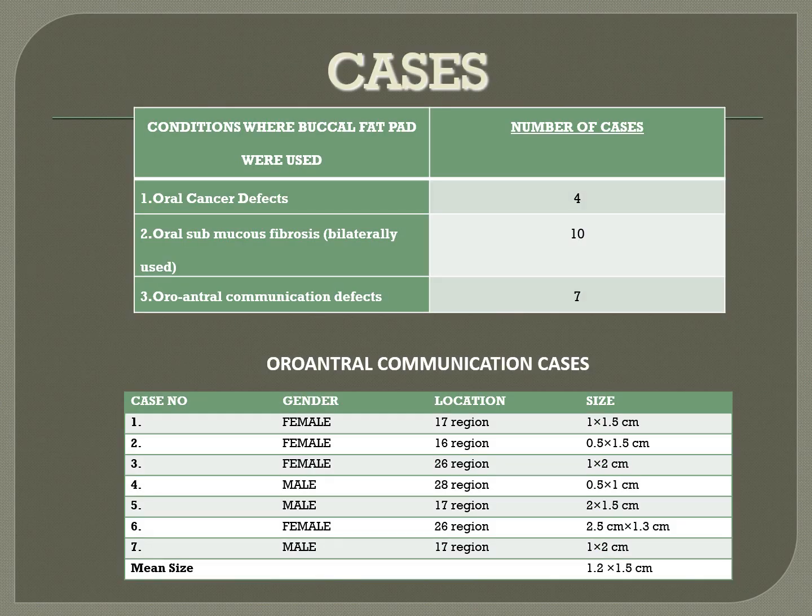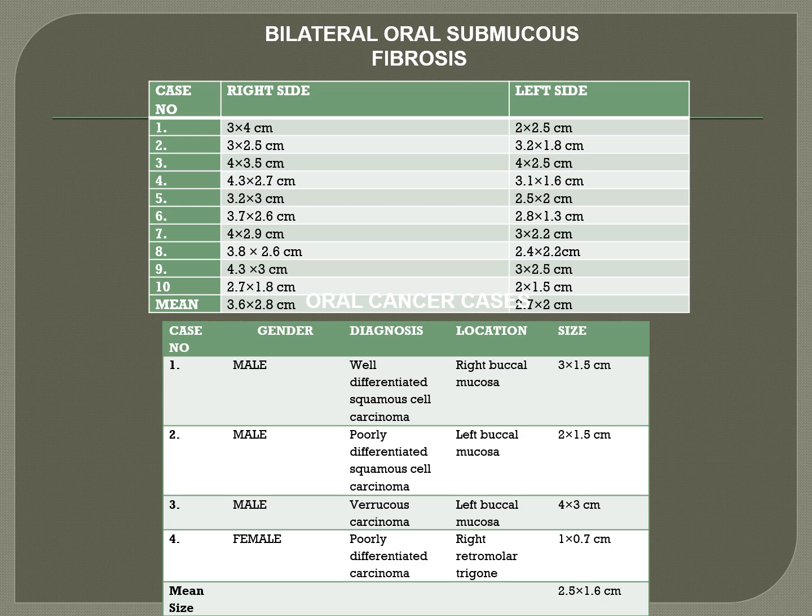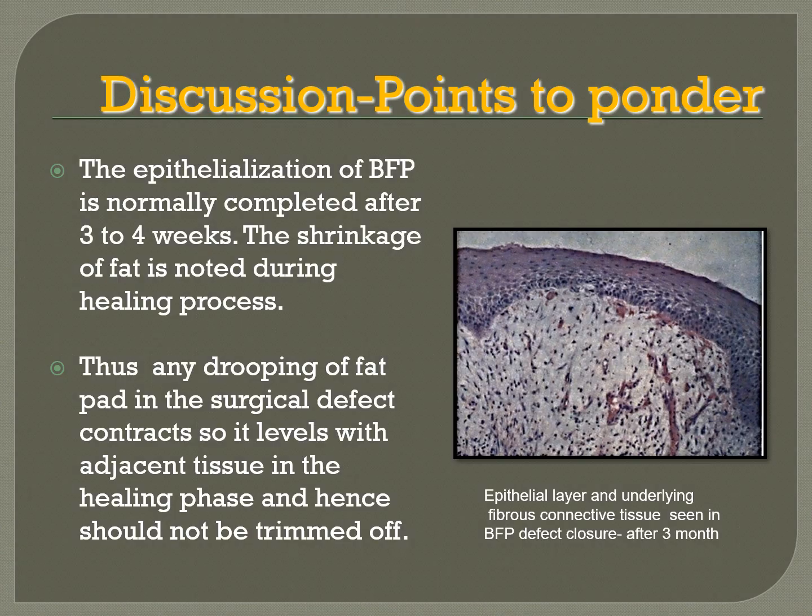So our experience with these cases includes cancer defects in 4 cases, submucous fibrosis in 10, and oral complications in 7. Here we could procure a mean size of around 1.2 by 1.5 centimeters. The various cases where we tried it were well-differentiated squamous cell carcinoma, verrucous carcinoma, and also submucous